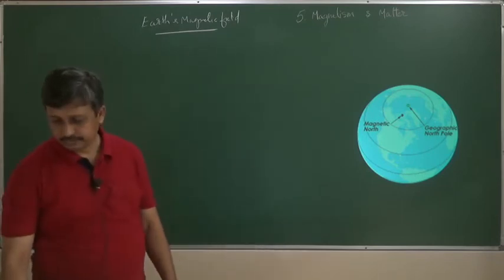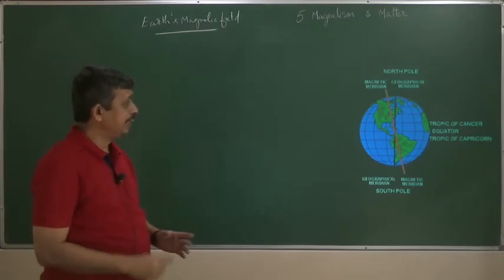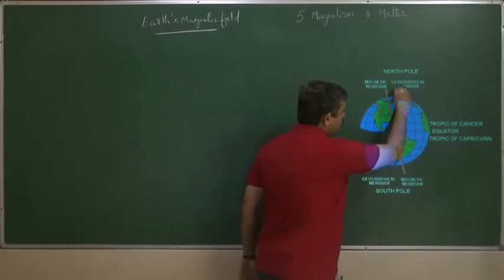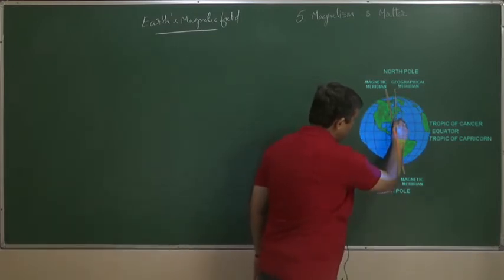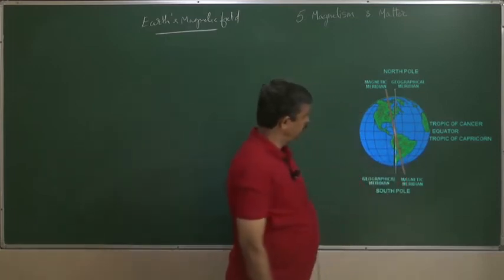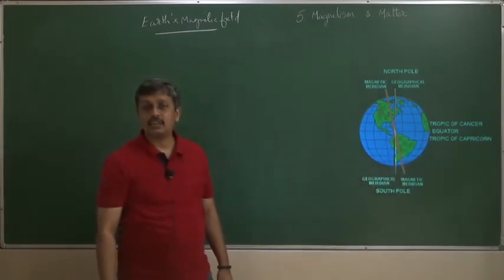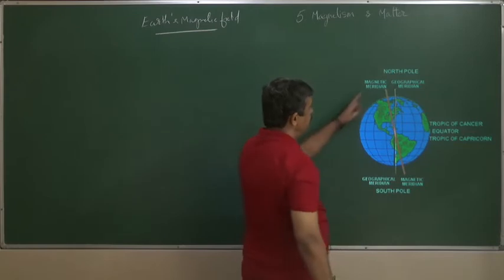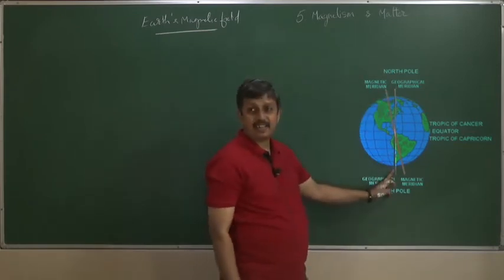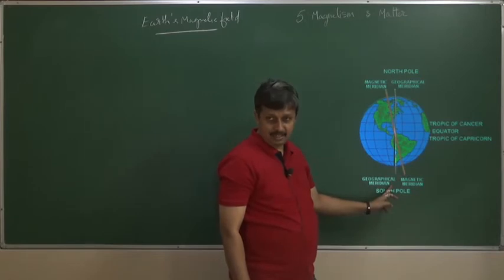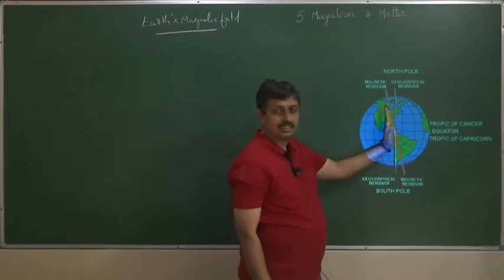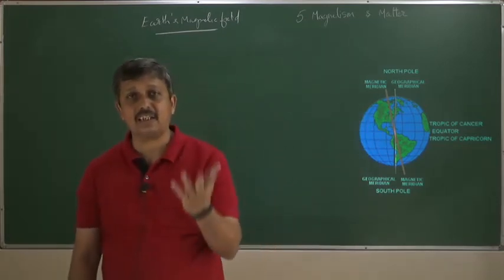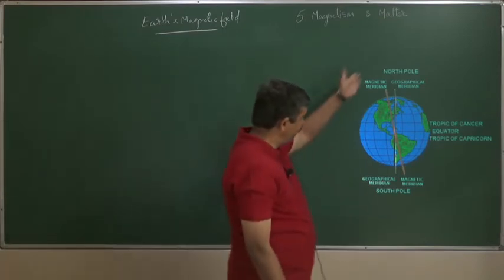So the first one is basically like this. Now you take, for example, this is our geographic north pole. If I draw a line, this shows the geographic north-south line. And here is what we call a geographic meridian. This is a line, well, I am showing you a line, but actually if you cut it like this and see from this side, it is a circle. So geographic meridian is a circle. And similarly, if you cut it like this here,